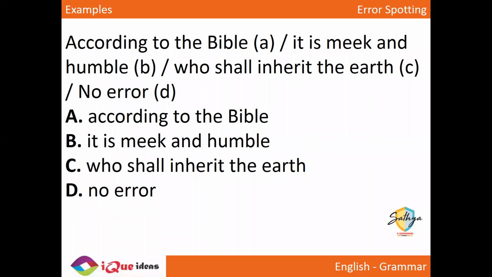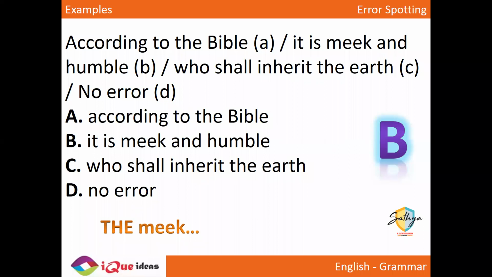Chalo. Now, this is again a saying, right? So we are saying particular people are going to inherit. Who are they? When you're talking about particular people, the definite article must be used. We say according to the Bible, it is the meek and the humble who shall inherit the earth. So the proper usage here is it is the meek and the humble who shall inherit the earth. When you say meek and try to refer to a class of people, then you have to put the. We don't say Indians, we say the Indians.